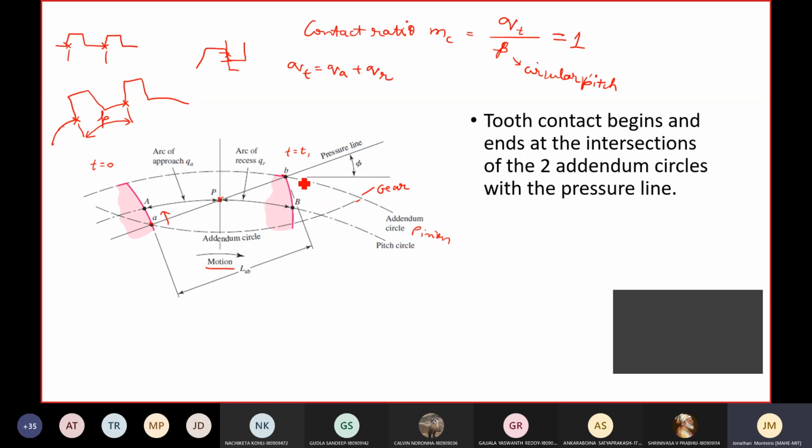Okay, and during that time, the load will be concentrated only on this one tooth. What about all the remaining other teeth? Say there are 30 teeth, 40 teeth. What about the remaining 29 or 39 teeth? They'll all be simply idle. There will be no contact or engagement with them.